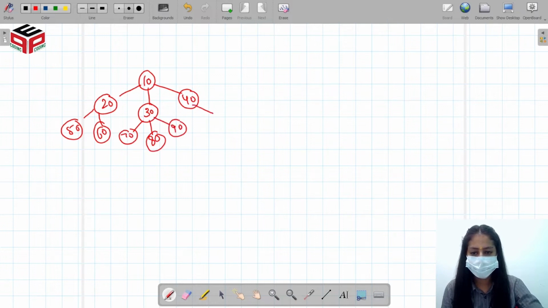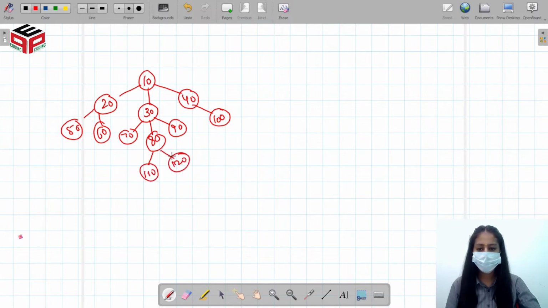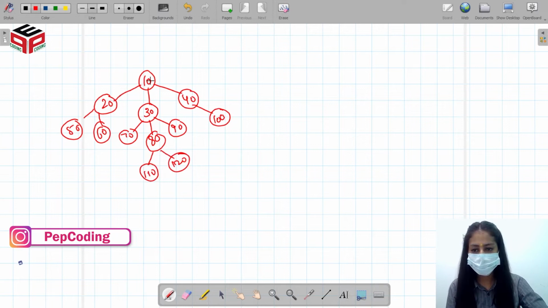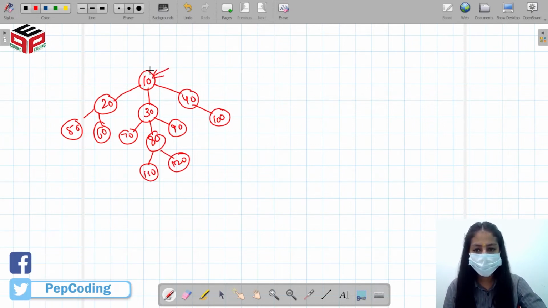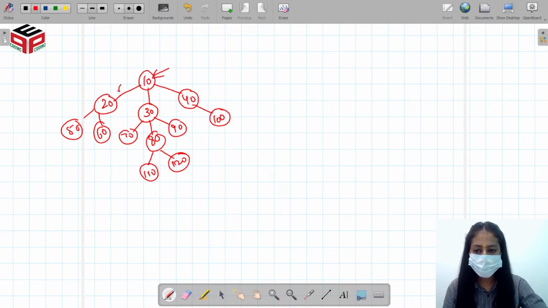Now, first of all, I will check myself if I am equal to the data. If I am equal to the data, then I will return true. Otherwise, I will call my children to check if the data is present in their subtrees.